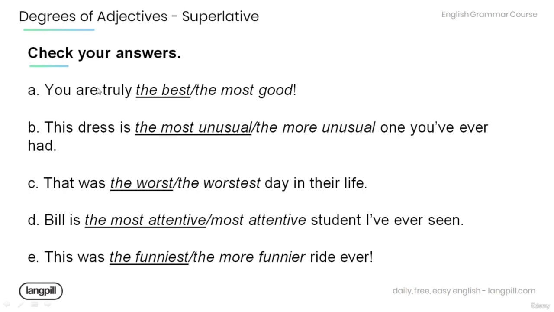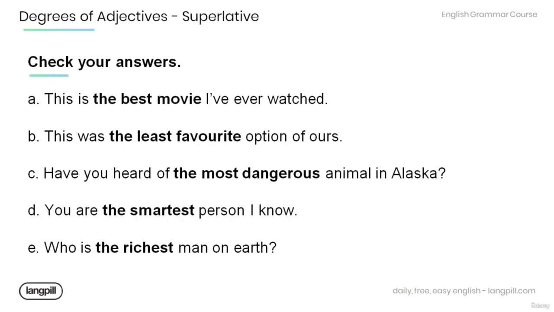And now, let's check your answers. You are truly the best. This dress is the most unusual one you've ever had. That was the worst day in their life. Bill is the most attentive student I've ever seen. This was the funniest ride ever. This is the best movie I've ever watched. This was the least favorite option of ours. Have you heard of the most dangerous animal in Alaska? You are the smartest person I know. Who is the